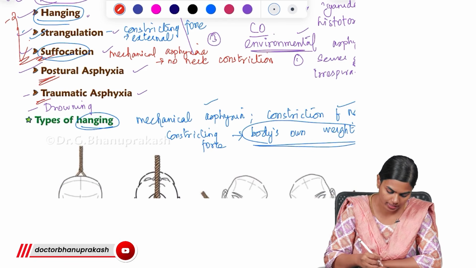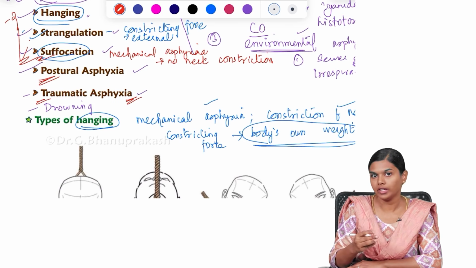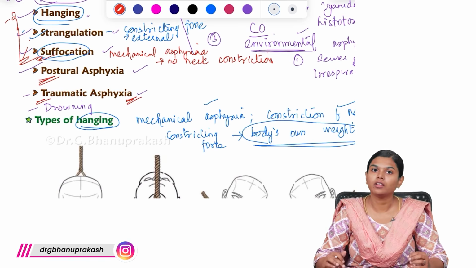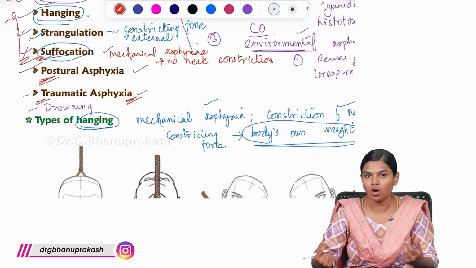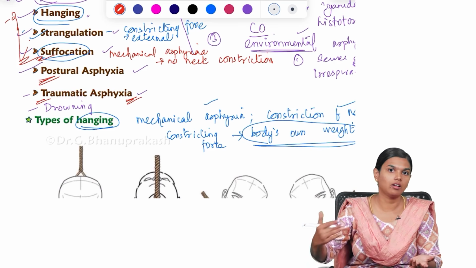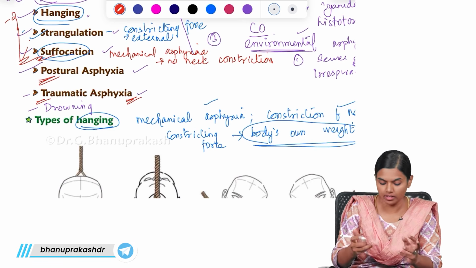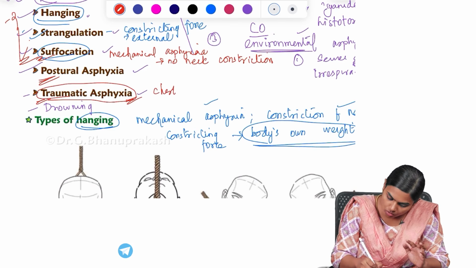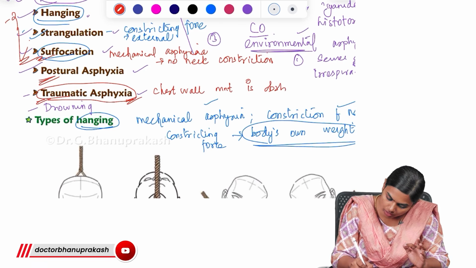So here, in case of traumatic asphyxia, there will be some trauma. Just imagine someone is going to a very large gathering and there is a lot of crowd and people are getting stampeded. You know stampede, right? If there is a lot of crowd, a lot of gathering, and something unorganized going on, people may fall down, somebody may run over them, all that stampede will happen, right? Those in a stampede die due to this traumatic asphyxia. What happens here is that the movement of the chest wall is obstructed externally.